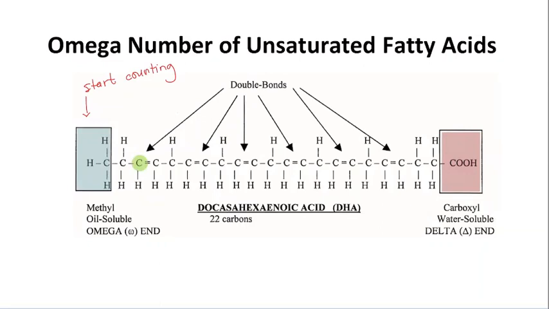But when we observe the molecule itself, look, it has 1, 2, 3, 4, 5, 6 carbon-carbon double bonds, okay? So because there are 6 double bonds in the system, that means that DHA has 6 different omega numbers, okay? So if we start counting from the CH3,